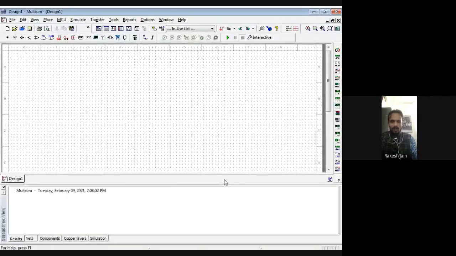Okay, now so I am going to open the Multisim software. You just see this result, and we will verify the result of this truth table on Multisim software.